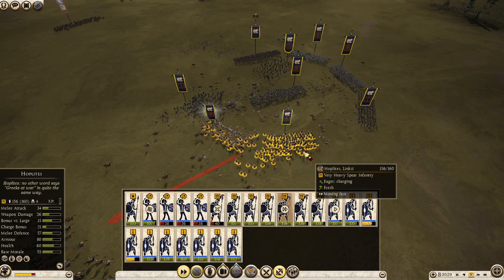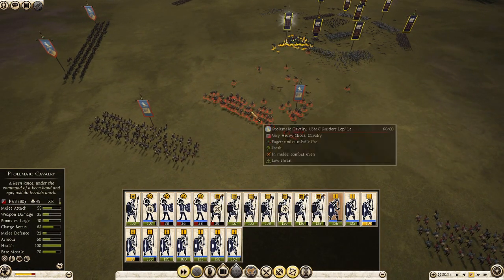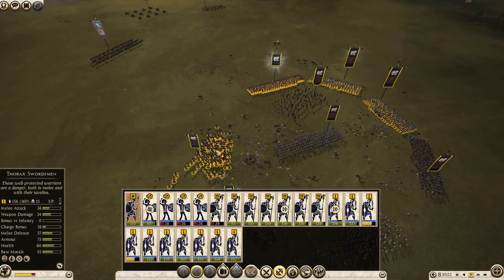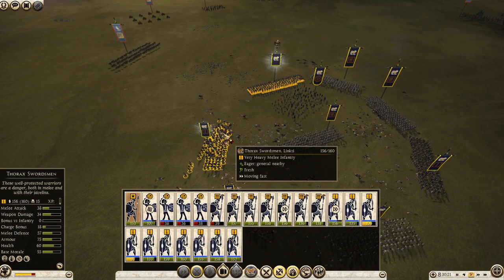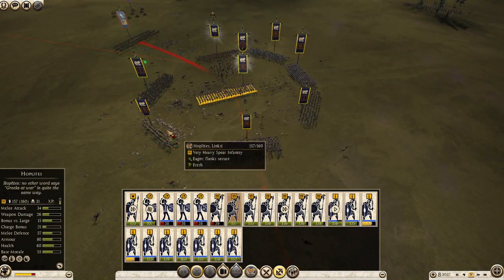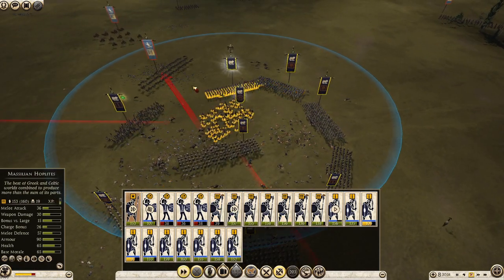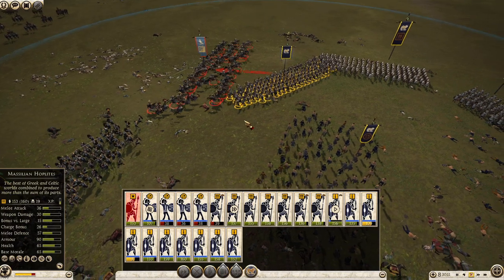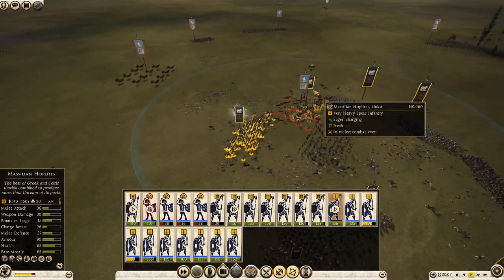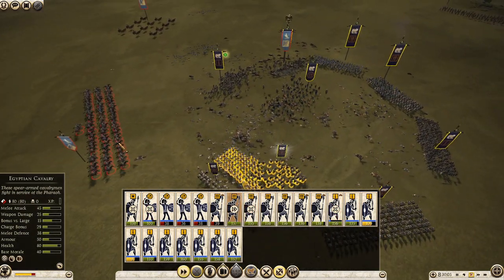That unit went from 120 to just so low, and most of my pila here missed. Speed this up a little bit, hit him from multiple sides at once. Oh, okay, I got a really good shot there. It worked. But at what cost? Because I opened up my flank and...